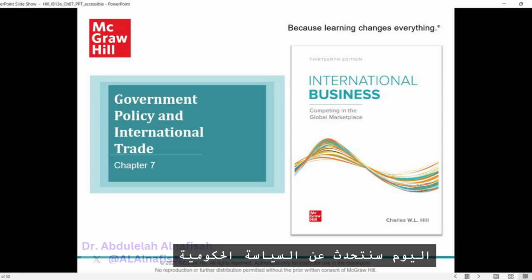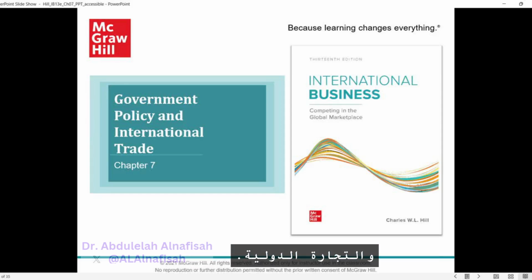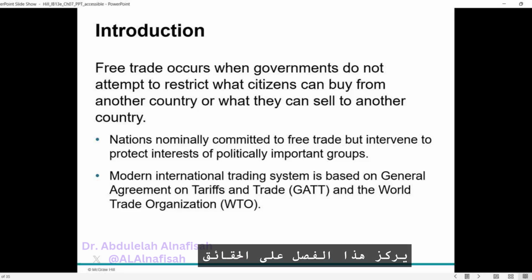Today we will talk about government policy and international trade. This chapter focuses on the political realities of international trade. While many countries claim to support free trade, they often intervene to protect key domestic industries or for national security